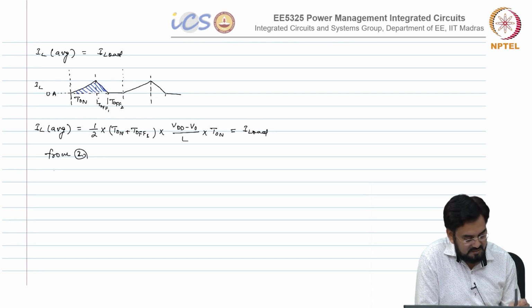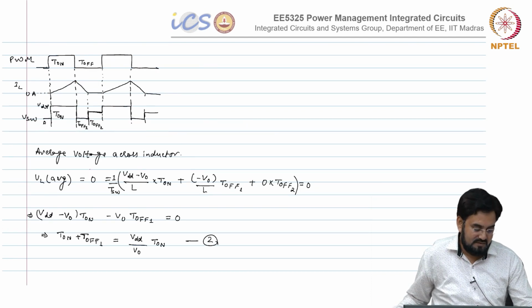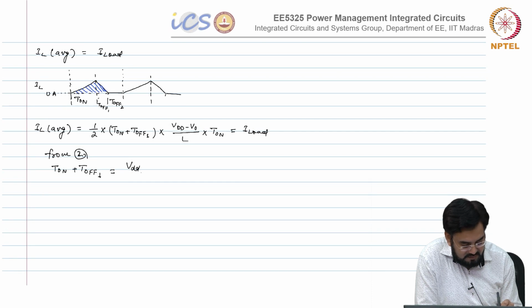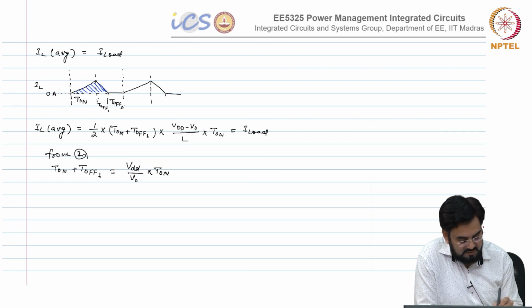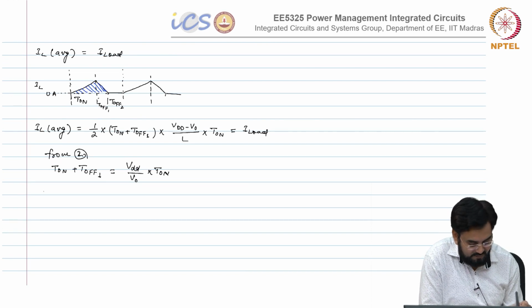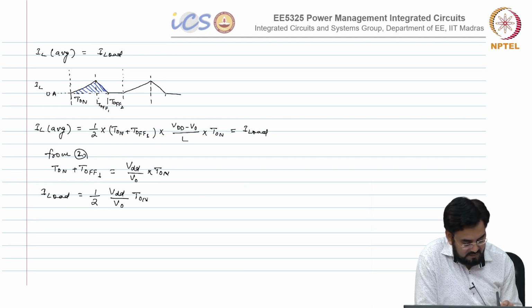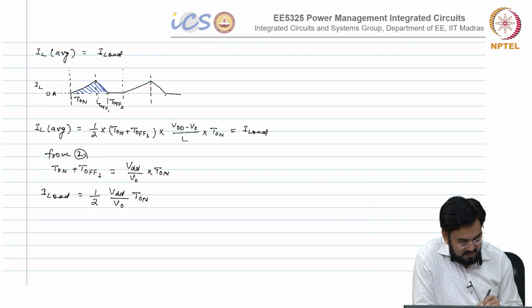From the second equation, T on plus T of 1, how much is that? VDD over V out into T on. So we need to substitute this. So I load equal to half of VDD over V out, T on, and...